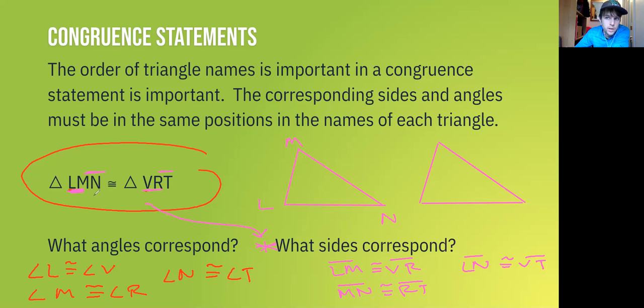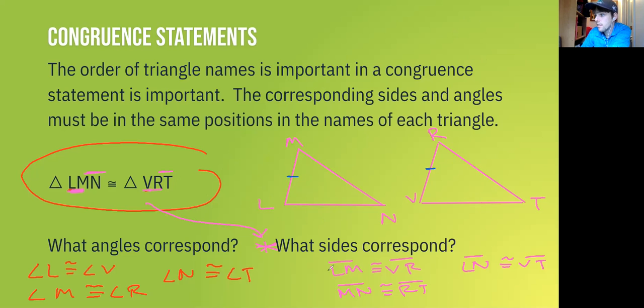Now I don't know what these triangles look like. These triangles are just used to put the letters on a figure to help me visualize this better. It's just about relative positioning. It has nothing to do with what the actual size and shape of these triangles would be. We just know that they're the same. So we drew two triangles that were the same just to help us figure out which parts go together. But now, with this visual representation of our congruent statement, it's a lot easier to see that, yeah, these